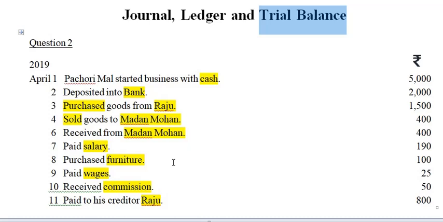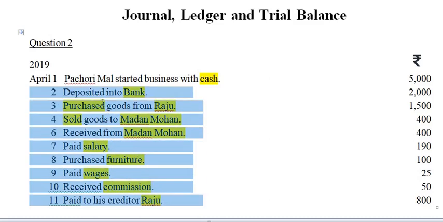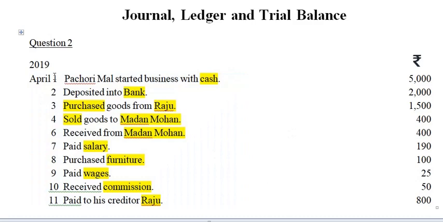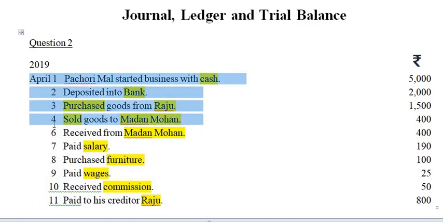Okay. So basically, what you are doing by this trick is to find the types of accounts that are involved in each transaction. Okay, so this is your first transaction, second, third, fourth, fifth, sixth, seventh, eighth, ninth, and this is the 10th. So this is the last one. So there are 10 transactions on different dates. Okay, you can see here the dates are almost in the ascending order.